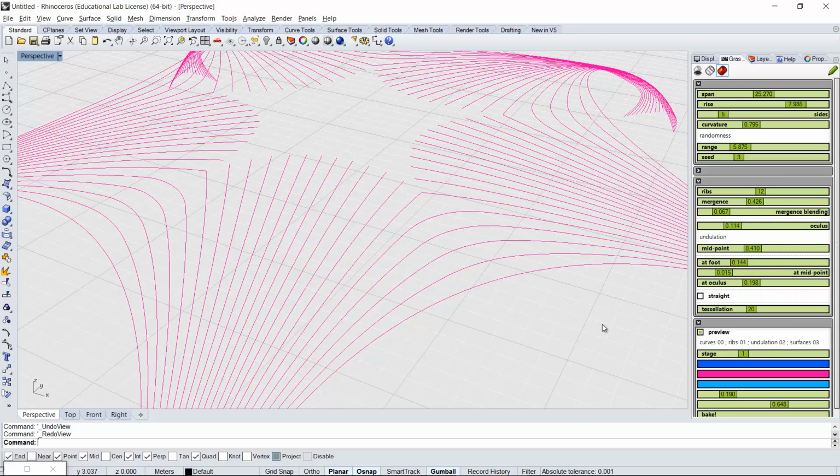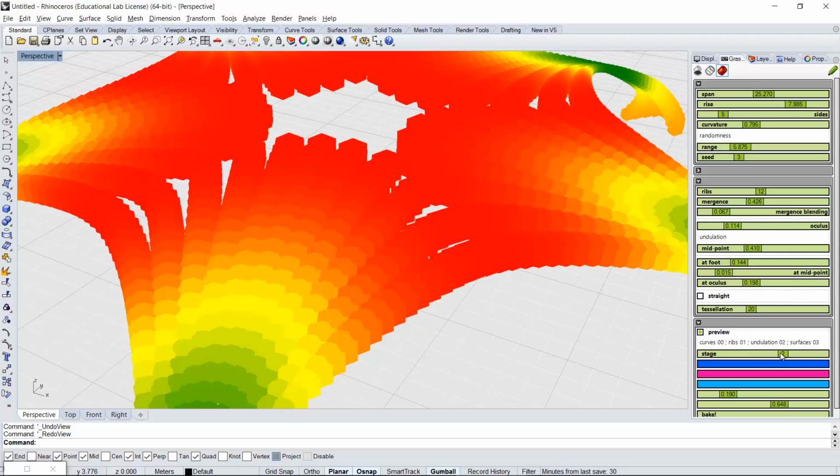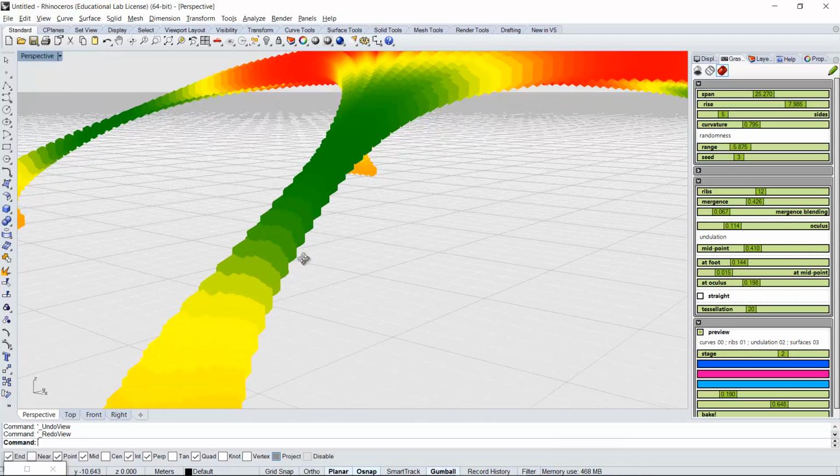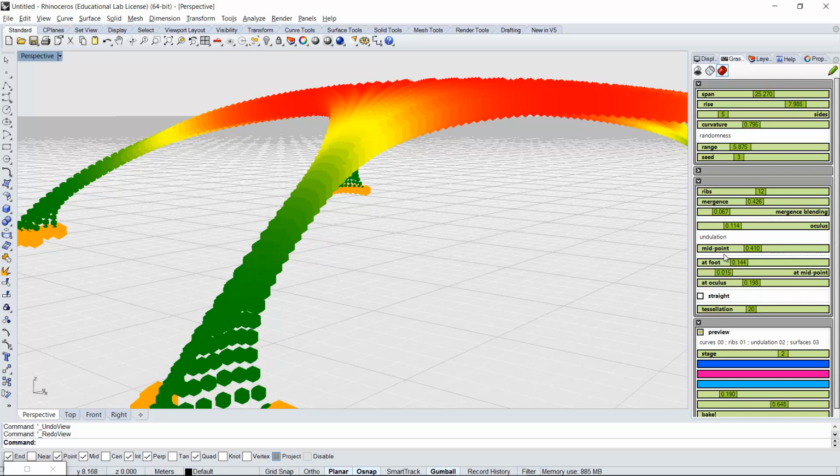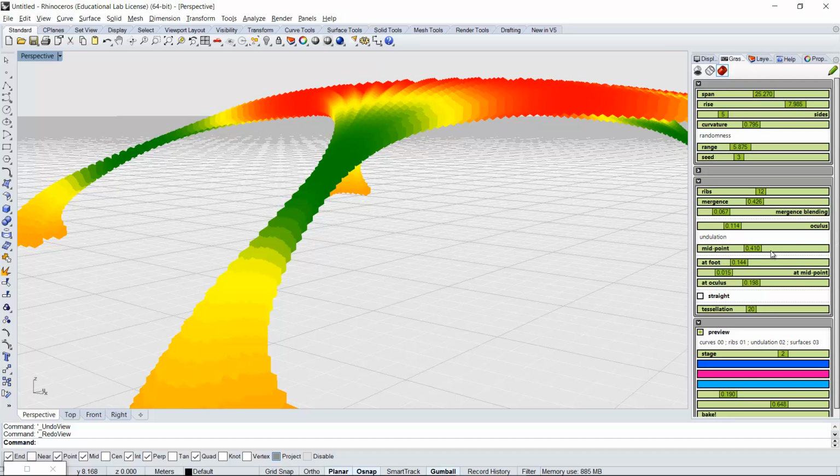Well, this was a bit hard to visualize, to choose good values for the magnitude of this undulation. So I resorted to a color representation for the different values. The green ones represent the very low values, and the red ones represent the high values, and the orange and the yellow are in between. And there are a couple of parameters to control these values, and where they are on the surface. So we can shift the values. As you can see, the green is going down, or we can shift it up, where the emergence and convergence will be,